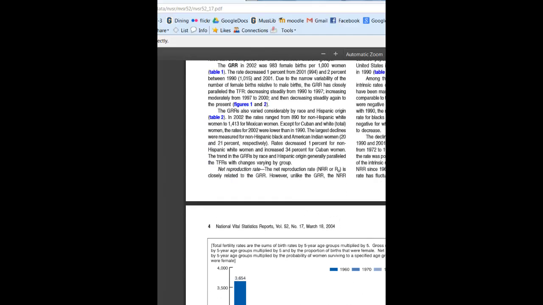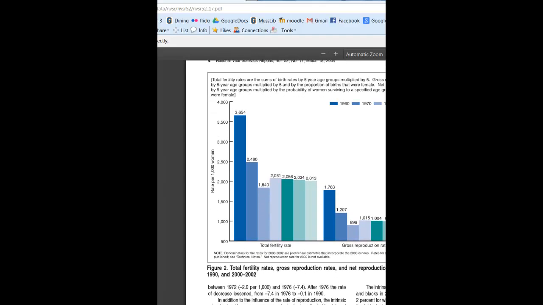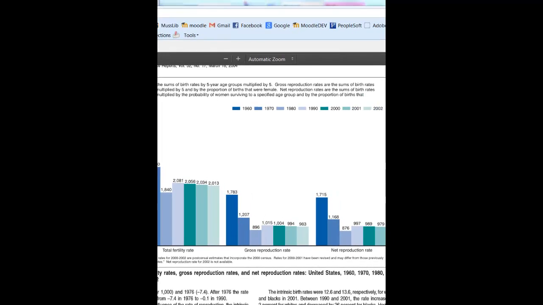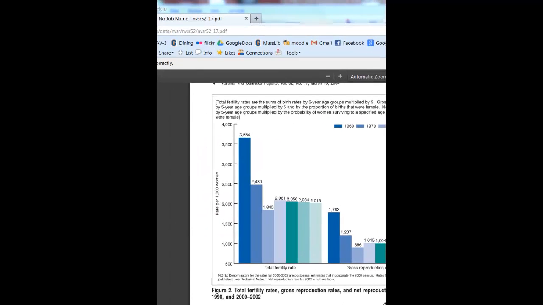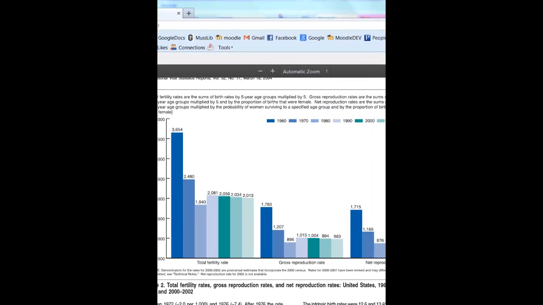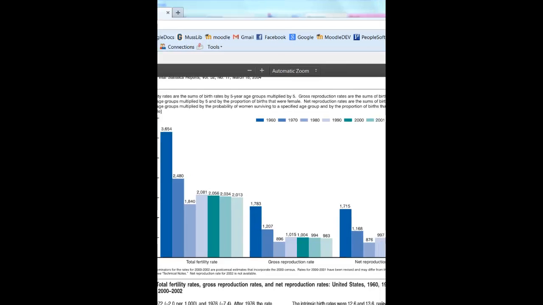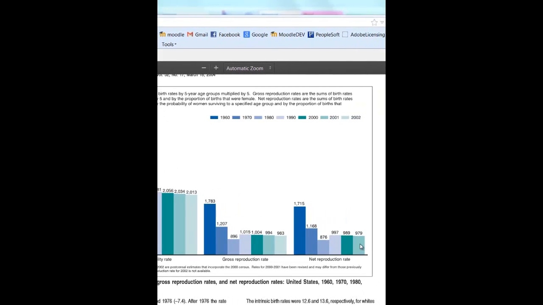Here's another table down here I want you to look at. This is comparing the total fertility rate with, so there's total fertility rate right here. And come over here. Now you'll see the gross reproduction rate. It's roughly half of what we just saw. And then over here, net reproduction rate, slightly smaller. So in 2002, that's this last here, 979,